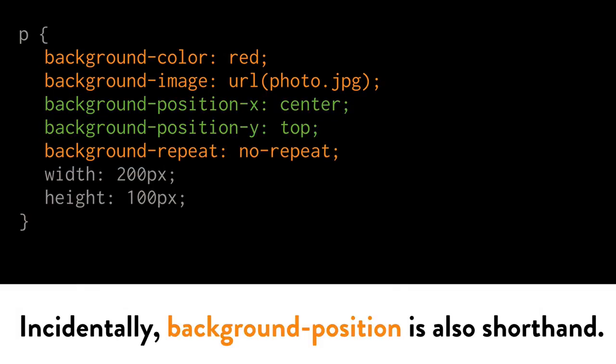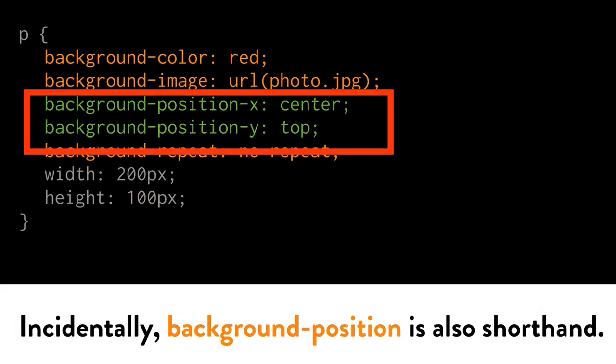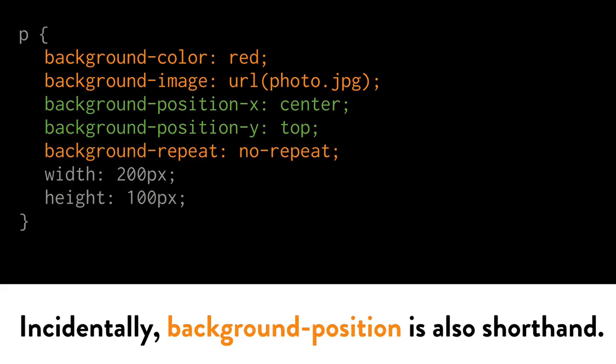Incidentally, background position is also shorthand for background position X and background position Y, which handle the positioning of the background image with respect to the X and Y axis. X-axis being the horizontal, Y-axis being the vertical. So it should go in that order when you use background position or when you use it within the background shorthand. Now, most browsers are smart enough that if you were to reverse the keywords and say top and center for background position instead of center top, they will sort that out for you and assign them in the right